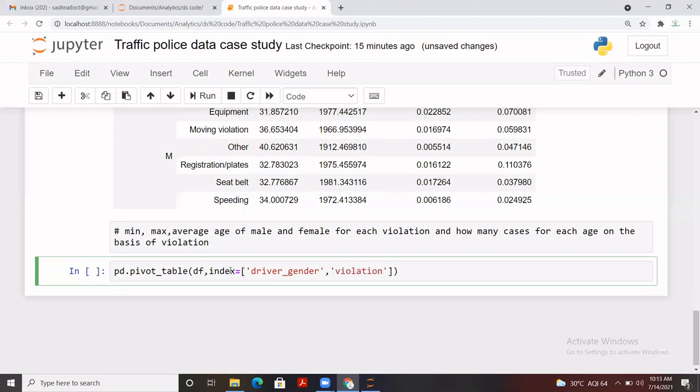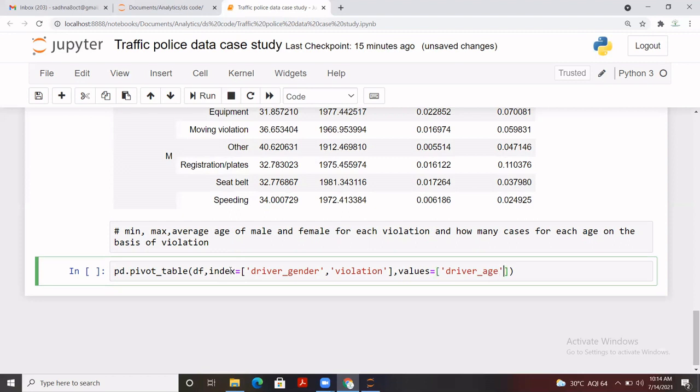For the values, because we don't want to display all the columns, I'll take just driver age. If you don't put values, it will showcase all the numeric columns. Right, I may make a spelling mistake, but I'll look into it.